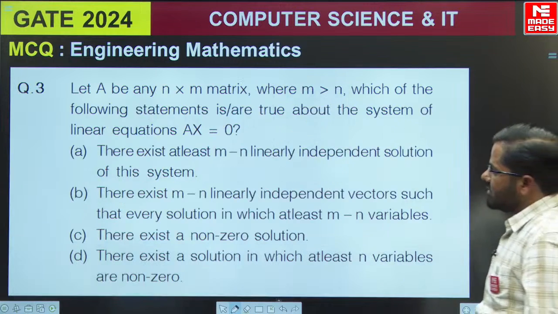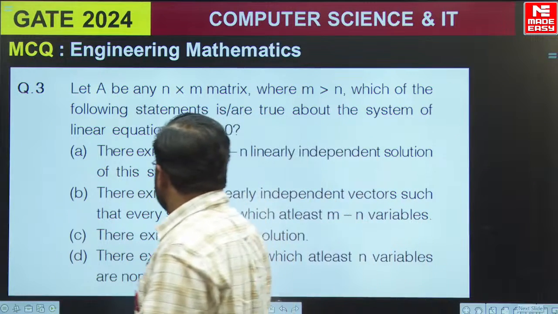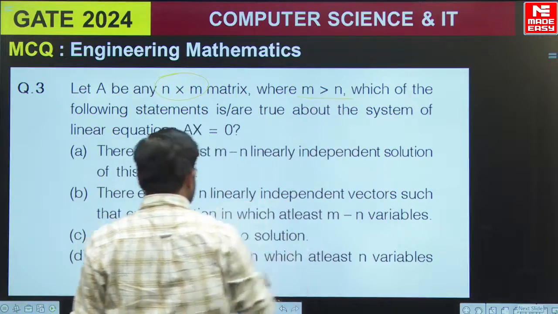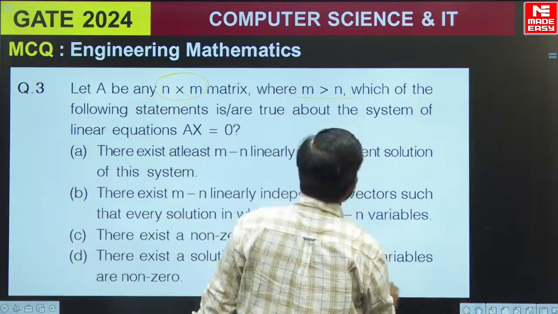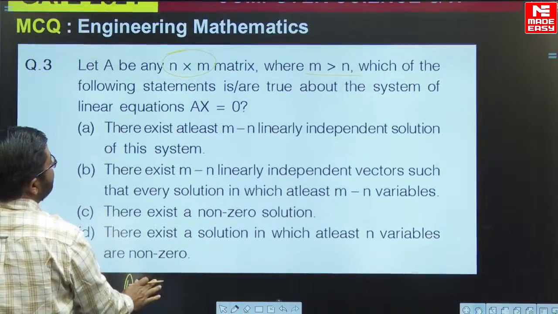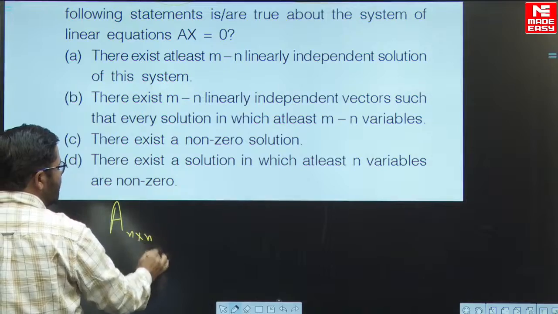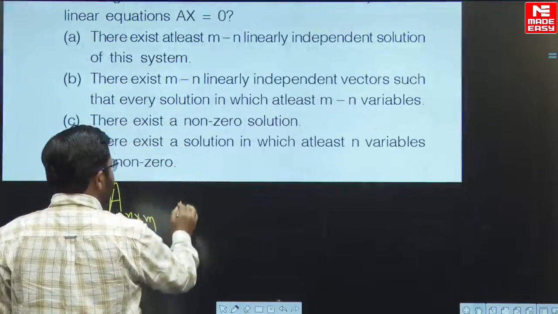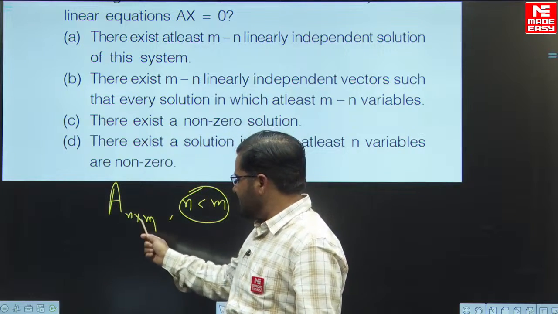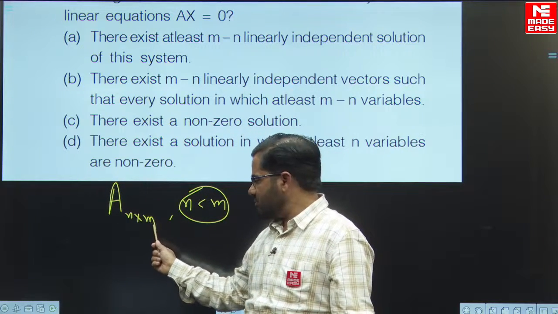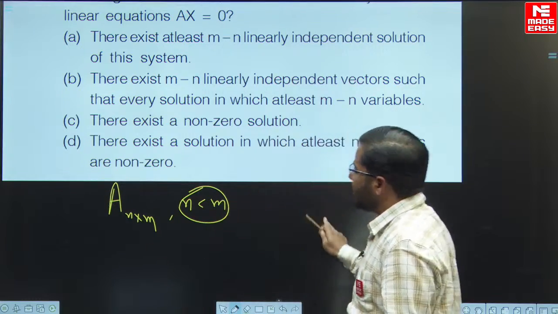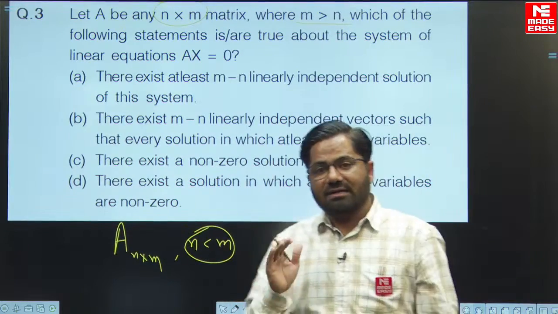Moving on to next one, question number 3, ये एक अच्छा क्वेश्चन था। कह रहे हैं n क्रॉस m मैट्रिक्स है, मैट्रिक्स इज ऑफ ऑर्डर n cross m where m is greater than n। तो आपने मान लिया n cross m, और फिर कह रहे हैं n is less than m, means it is a type of underdetermined system। बेटा these are the representations of number of equations, these are the representations of number of variables, number of equations are less than number of variables, it means it is a type of underdetermined system,